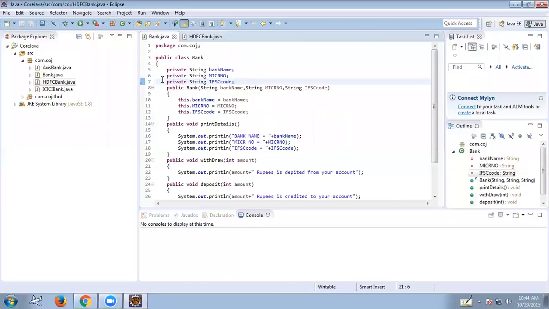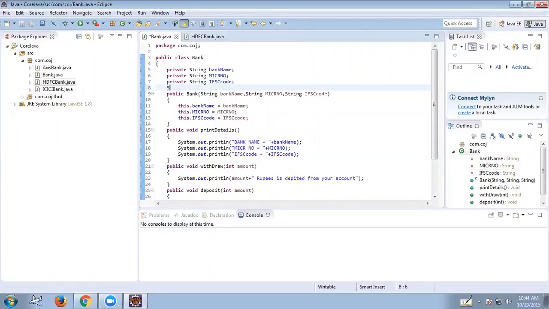For example, here we have a Bank class that we discussed in the previous tutorial for the inheritance and method overriding concept. The same example I'm using here. So here, let me make a final String region. If you are developing a banking project for the region of an Asian country, so Asia, this is common for all the banks. So if you want to restrict this variable as a constant, we can declare it as final.